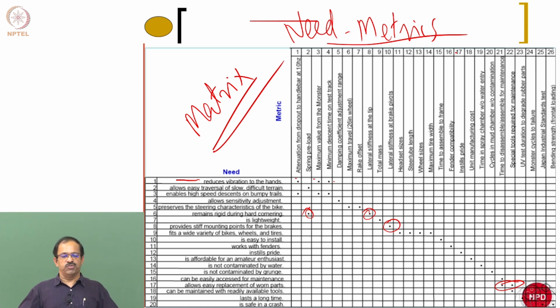The design specification consists of two parts. One is known as the metric, and the other one is the value. So every specification consists of a metric and a value. The question is, how do we get the metric? So what actually is a metric? Basically, it is the conversion of a subjective requirement of a customer to an objective value. That objective value should have something to measure, and that is what we call the metric.